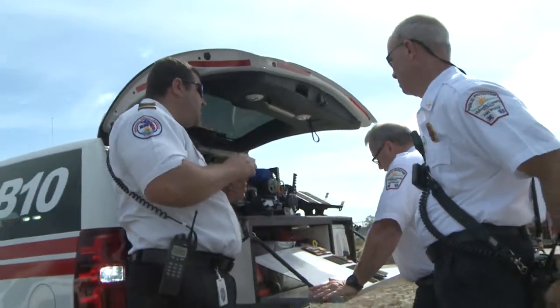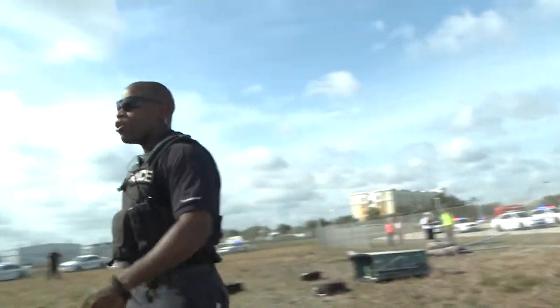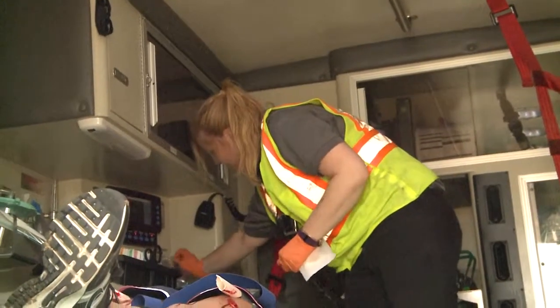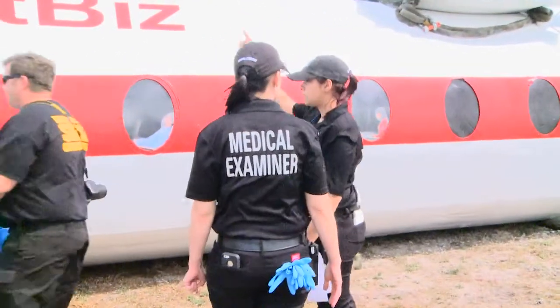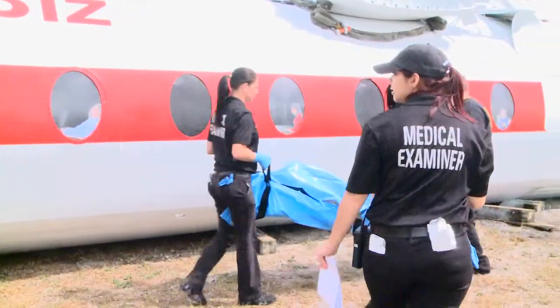In order to satisfy FAA requirements, all airport emergency plan functions must be exercised to assess the capabilities of the plan and the personnel. In addition, response teams must coordinate with federal, state, and local agencies and activate the airport's Emergency Operations Center. The Daytona Beach Half Marathon on February 7th attracted